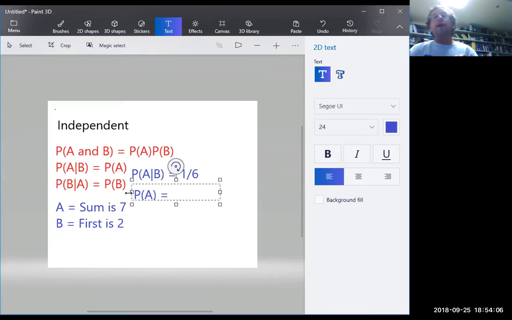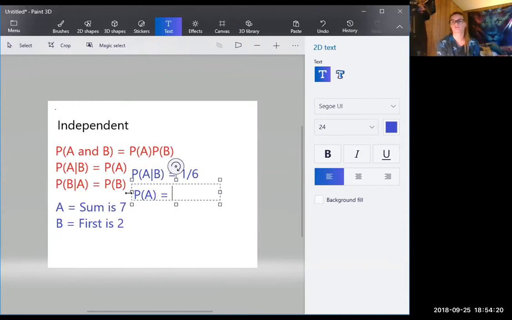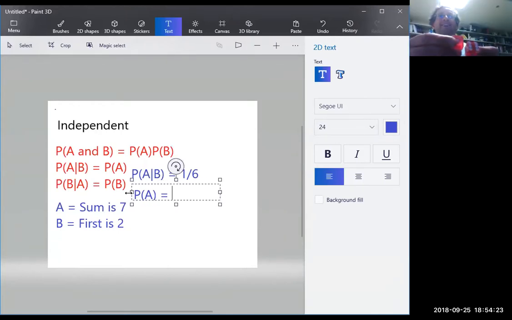So how many ways are there of getting a 7 for the sum? Let's count them out. You can get a 1 and a 6. Do you agree? What else could you get? A 4 and a 3, and a 5 and a 2. I think it's easier to go in order though. 1 and a 6, you could get a 2 and a 5, you can get a 3 and a 4. So let's see if you can count how many different ways there are of getting a 7.